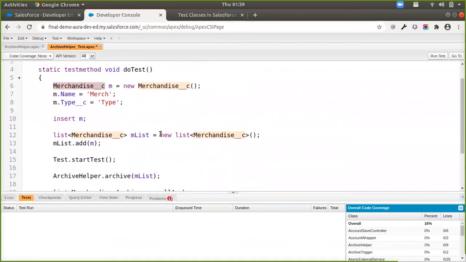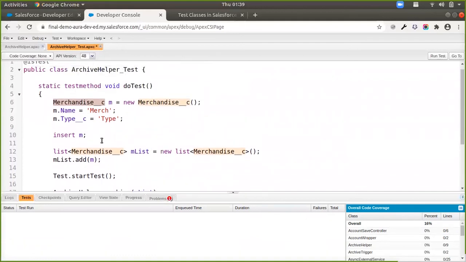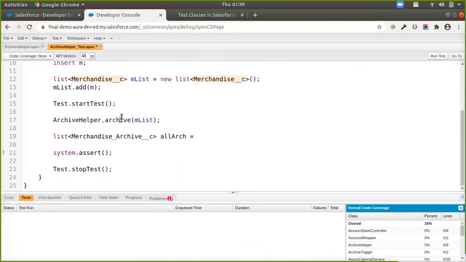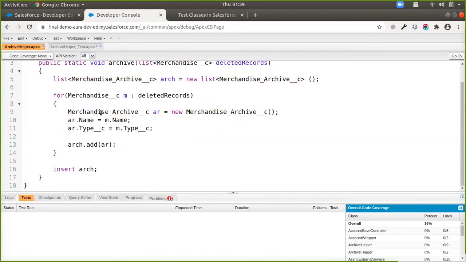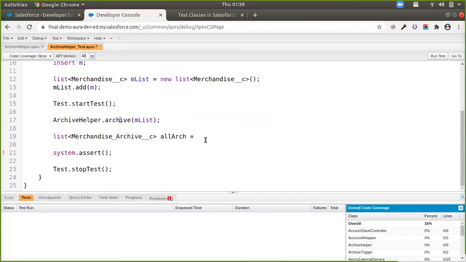So we pass this single merchandise record into this method. This method will create, or as you can see if I go to the main class, it is defining a new merchandise archive, and then it is creating another merchandise archive record. So we're going to query again to see if that merchandise archive record has been inserted into the database or